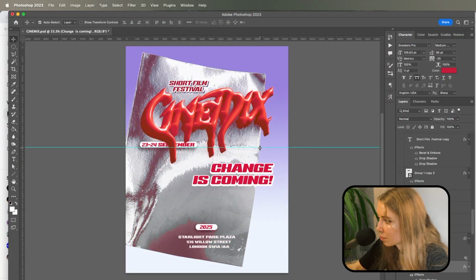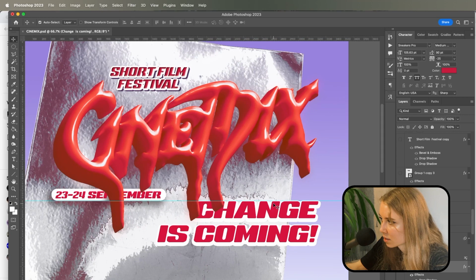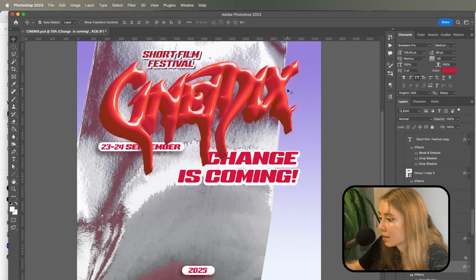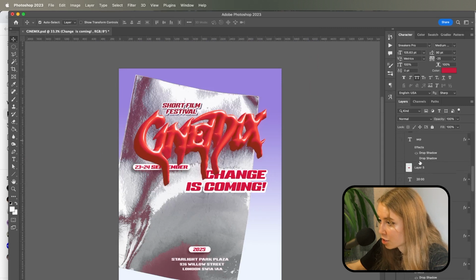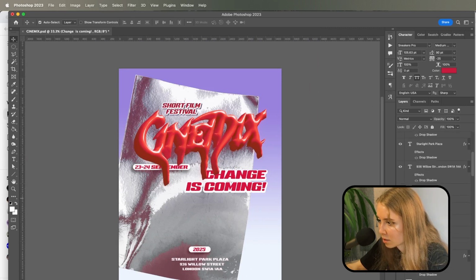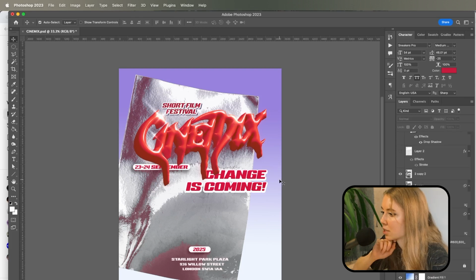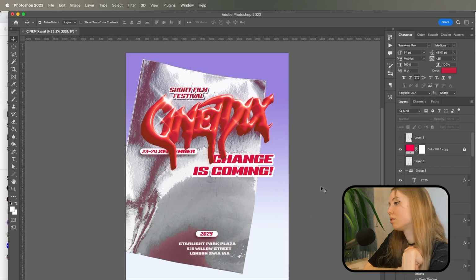Okay, I've done a couple of more changes and now I need to make sure that these two pieces of text are aligned. I mean, where one ends, another one starts. And also I would add a little bit of sparkles, like to make the title even shinier than it is right now. So let me find these stars. Yeah, something like that. And I think we're pretty much done. I think this is enough.